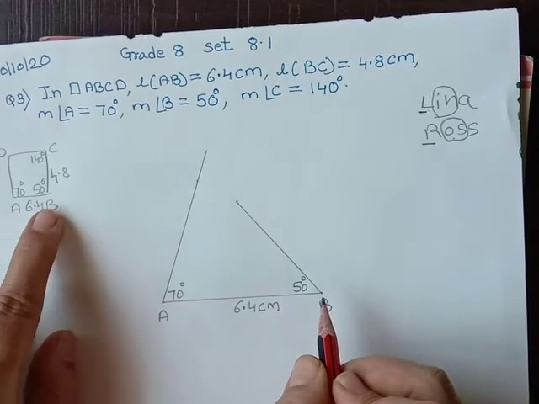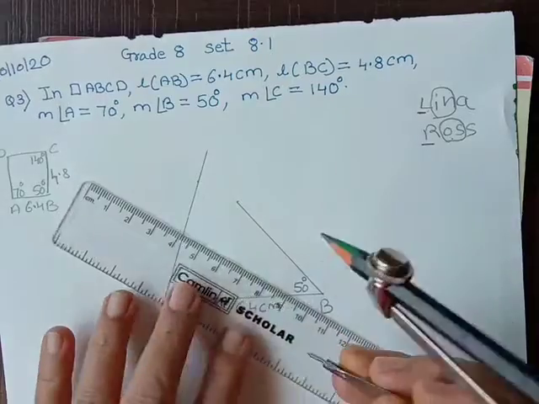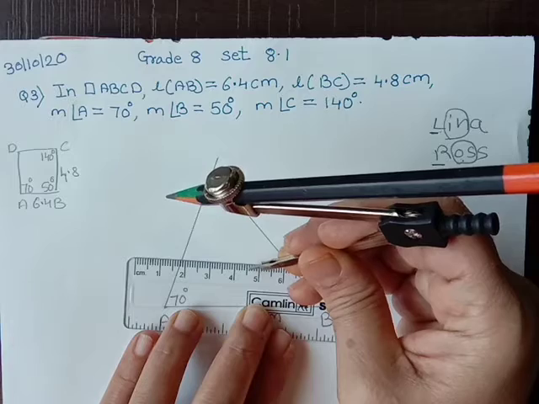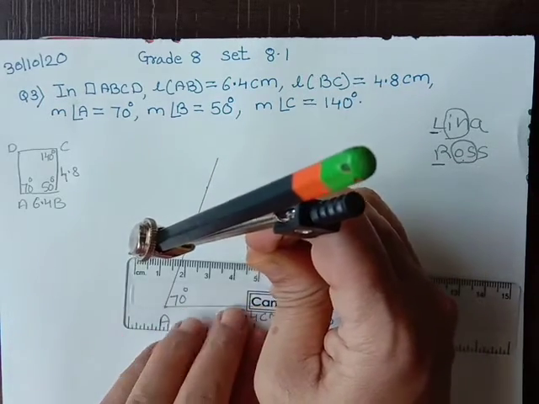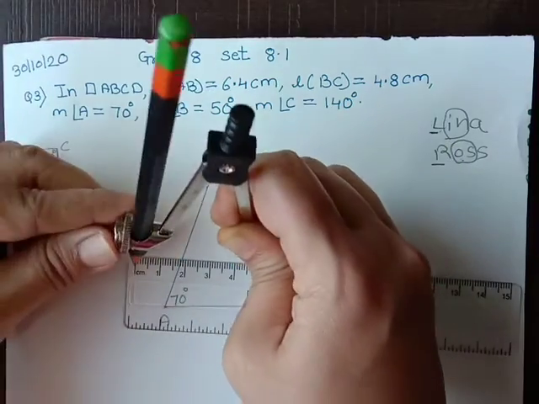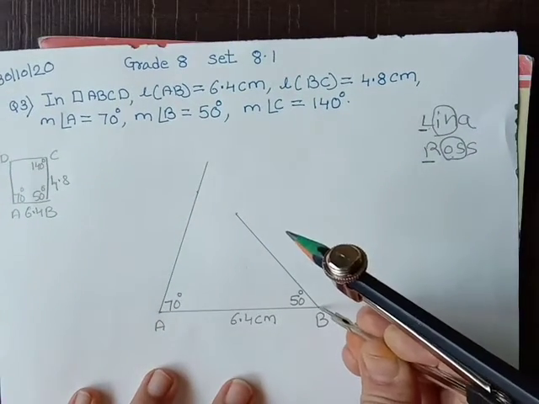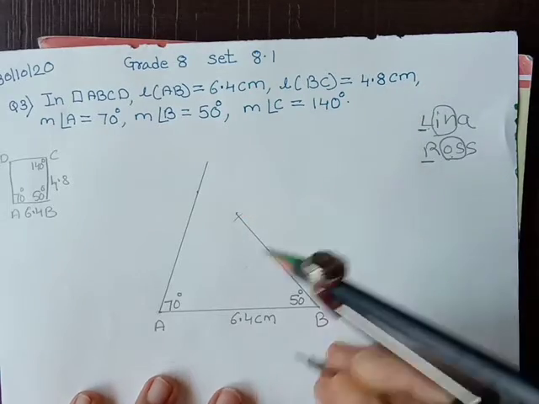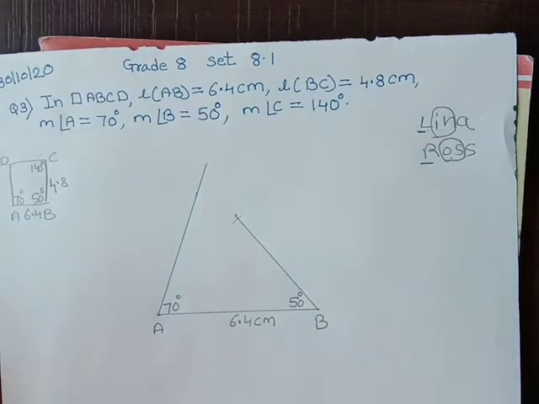Now we want BC as 4.8. So 4.8 you need to take in the compass and put an arc over there. How much is it? 4.8. Here I am taking, see, this is 4.5, 6, 7, 8. This distance which I have taken is 4.8. I am going to keep it at B and give an arc. See, it is just cutting. Or you can put your scale like this and see how much is 4.8. That also is fine, but this is the perfect method.